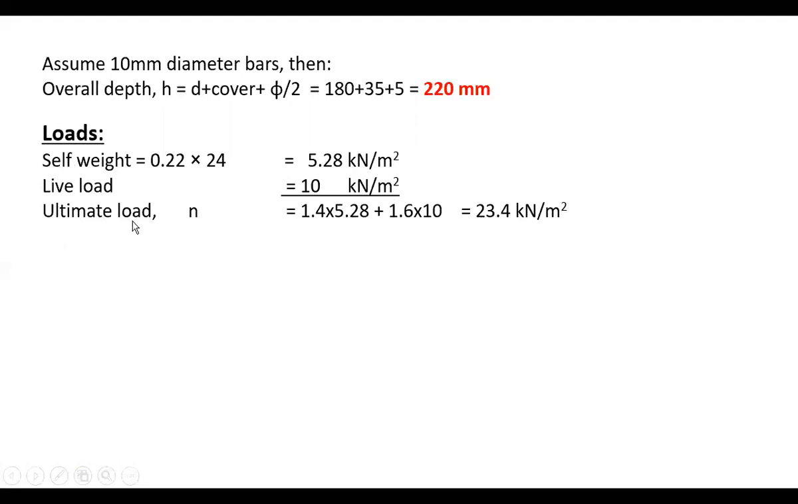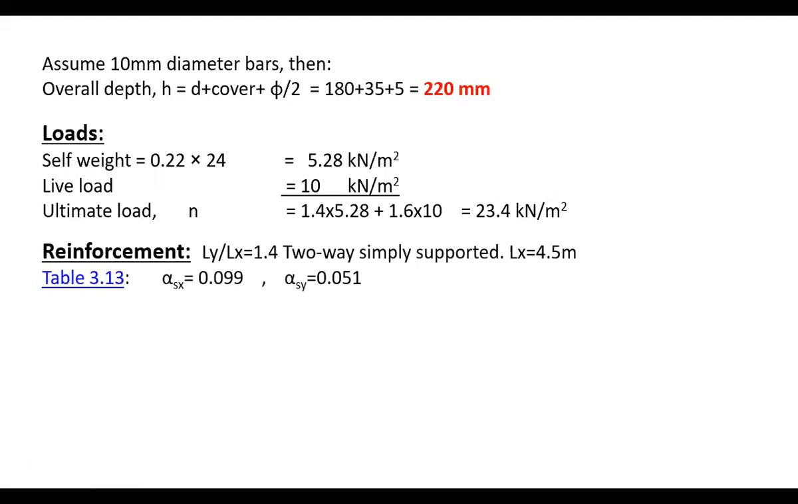Now we can calculate the ultimate load, which we call N or sometimes W ultimate. It equals 1.4 times dead load plus 1.6 times live load. It gives us a big value here, 23.4 kilonewton per meter square. We are going to use this value to get the bending moment in both short direction and in the long direction. So let's move to